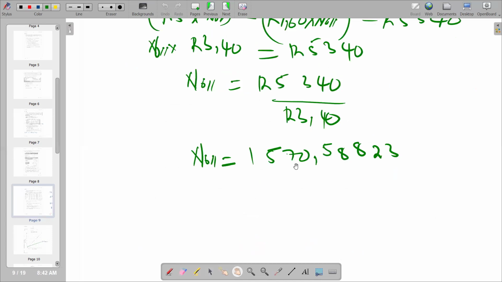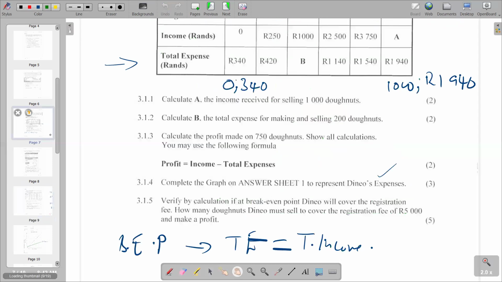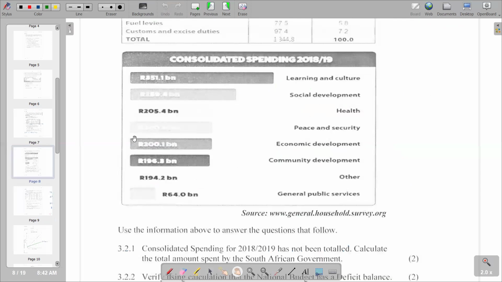So here we see that we have 1,570.5. If you round it up, it becomes a number equal to 1,571. So you got 1,571 dollars. Obviously, this is what we have on that part. So this becomes our answer, and then we go to the next question that we have, which is going to be now our